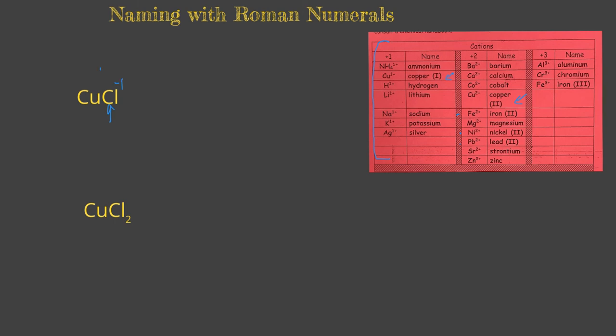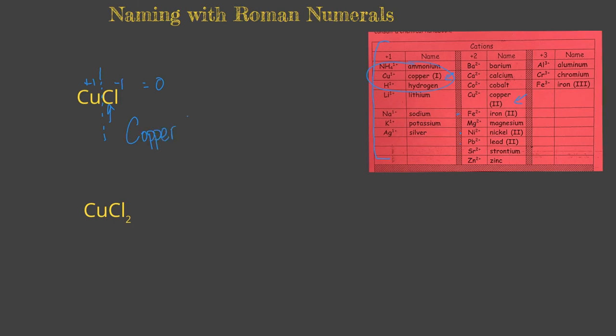I kind of picture this as a dotted line between my cation and my anion. And between that dotted line, my charge has to equal 0. So what do I have to put on the left side of this dotted line for that to equal 0? Well, I would have to put a +1, because +1 minus 1 is equal to 0. So if it's +1, it is this form of copper, and it's